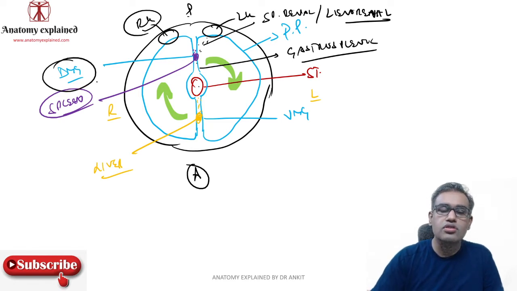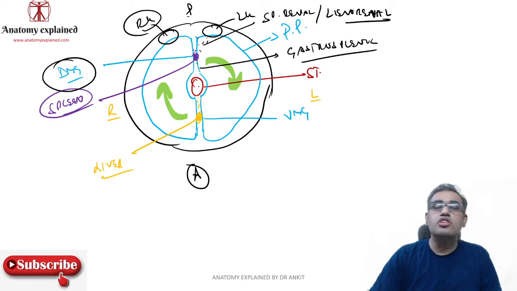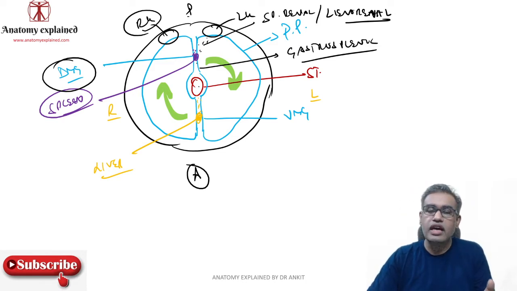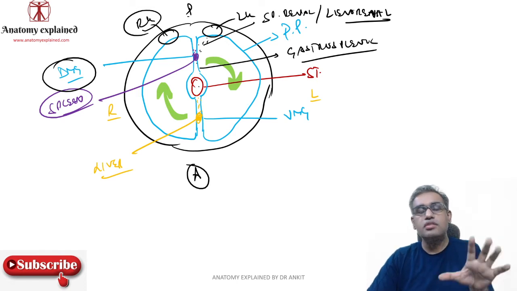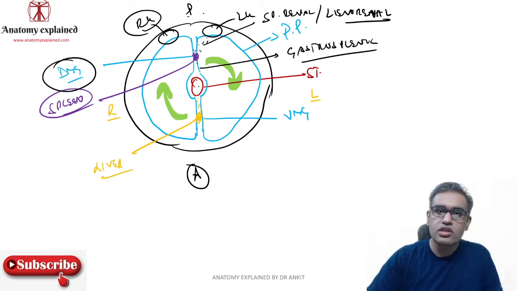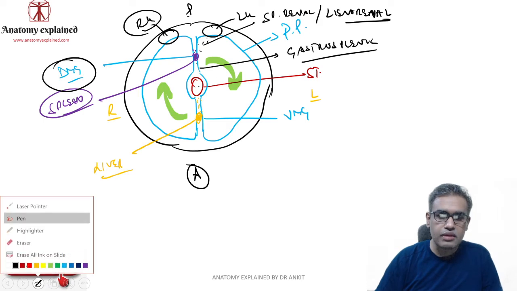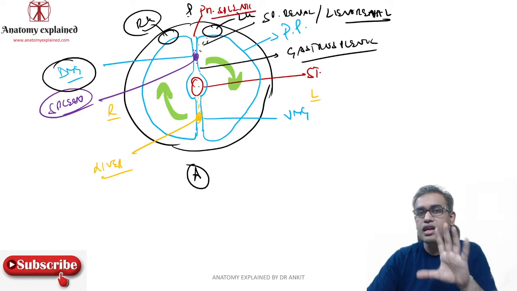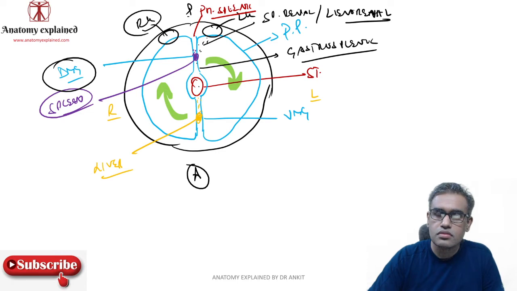The dorsal mesogastrium. But there is a variable ligament also over here, because behind the spleen you don't only have the kidney, you also have the diaphragm. The diaphragm is actually covering the spleen from posterior as well as superior. So there is a variable ligament present sometimes over here, and that is known as your phrenicosplenic ligament. That is a variable ligament, but it is sometimes present. Okay, so these are a few ligaments which are connected to the spleen.